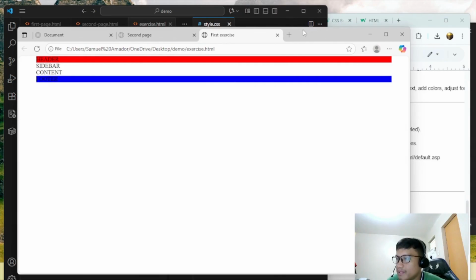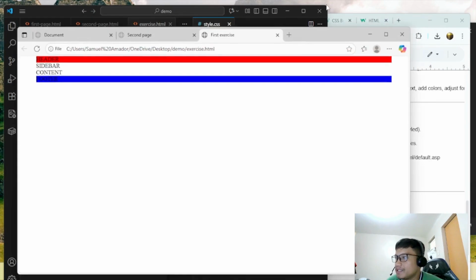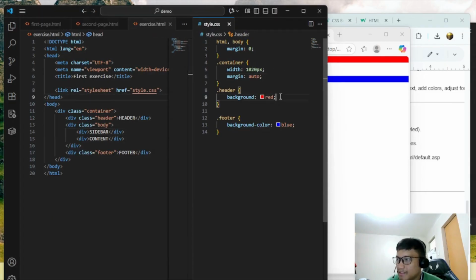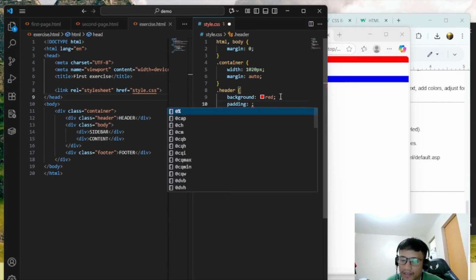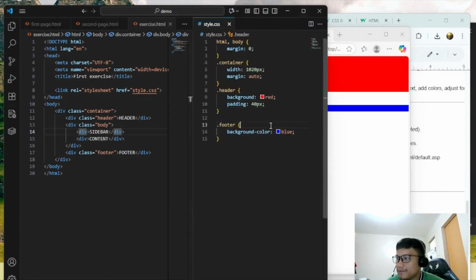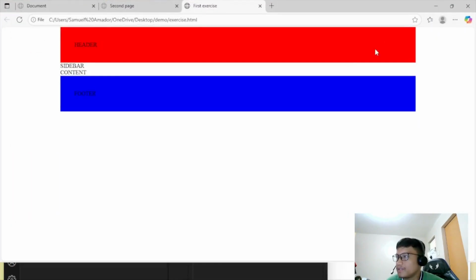Whenever I adjust the width, of course this is at the center. Okay. So I'll add the padding on the header. Padding, say 40 px. And then the footer padding is, let's say, 40 px also. So you already have it.